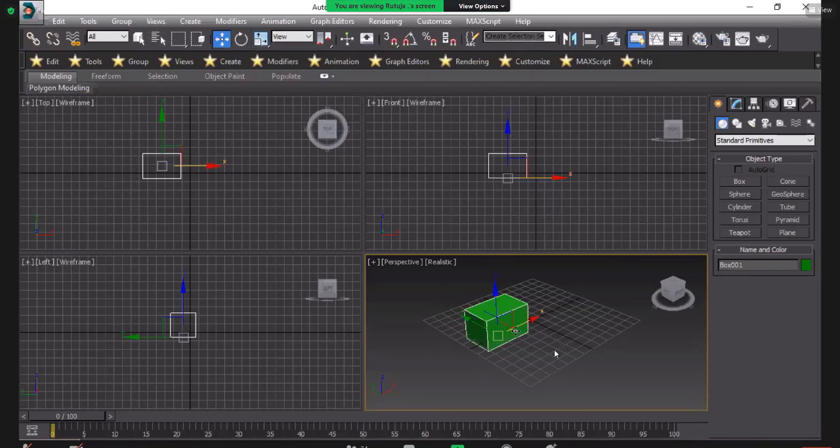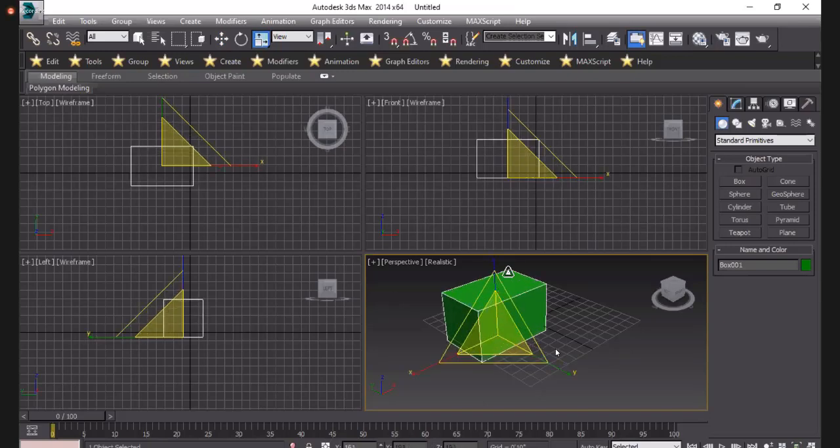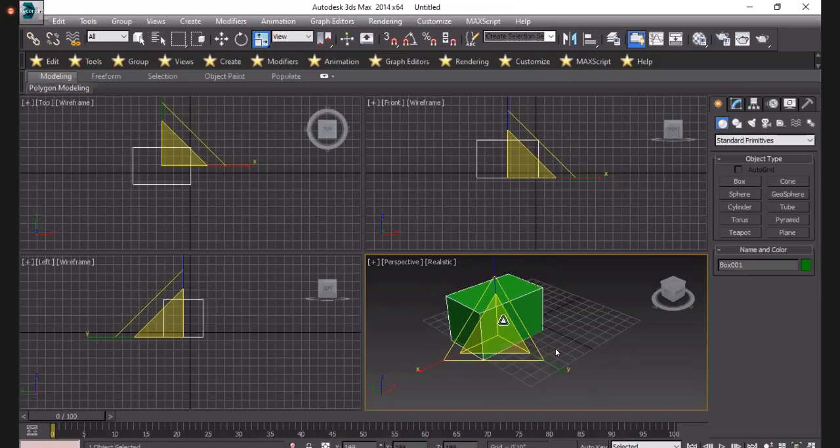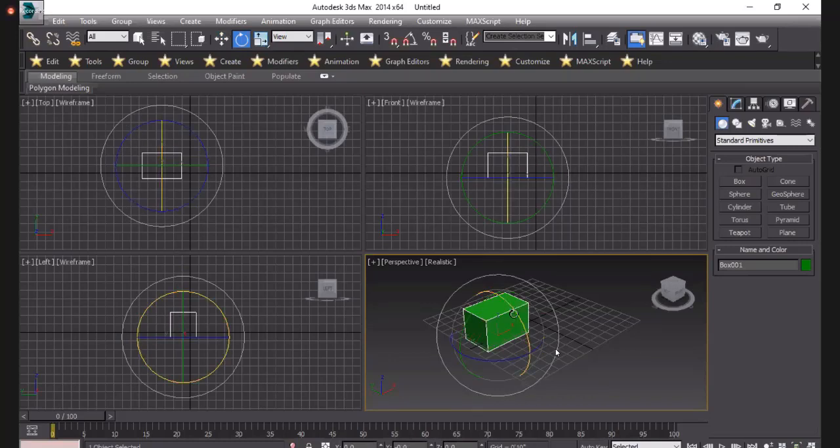Okay, if you want to scale here, press scale, and the gizmo will be changed here. With the help of this, you can increase and decrease the size also. And the second option here is rotate. If you want to rotate this box, then rotate it like that. It will be rotated in 360 degrees,